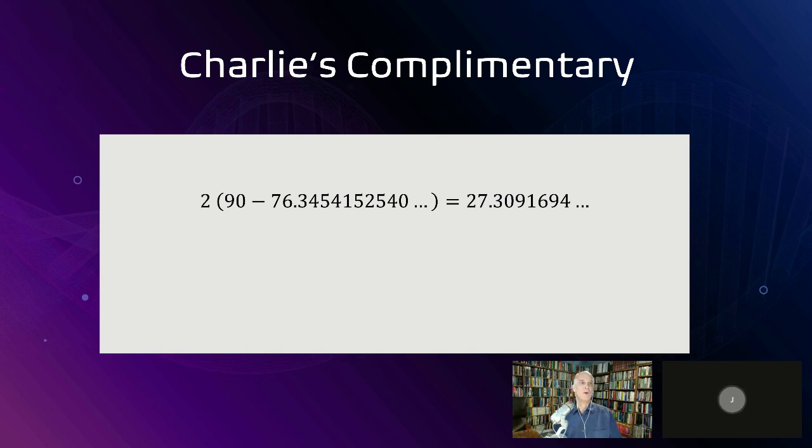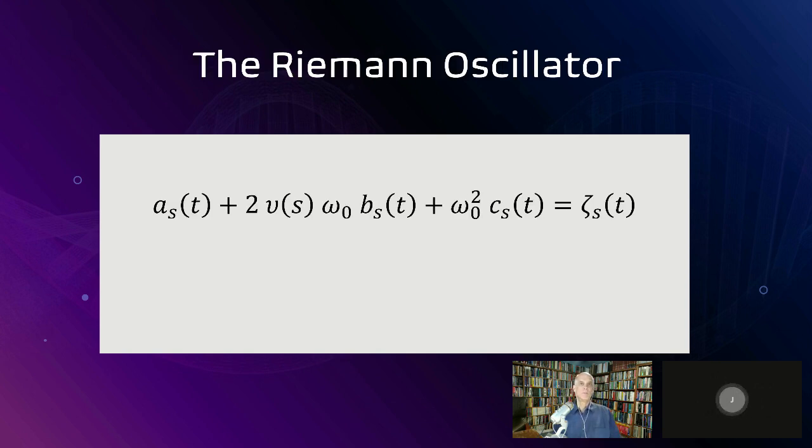Yeah, there we go. And the difference is that 27 degrees, which is the top of the Russian pyramid. You can also get the pyramid angle with 180 minus 76 divided by 2. That gives you the 51, so you get that also. All right, now let's tie it together with the Riemann oscillator.